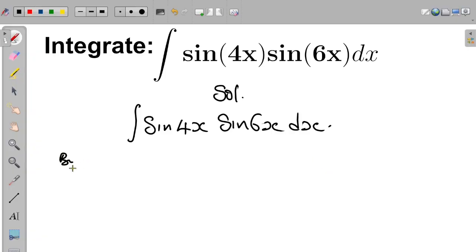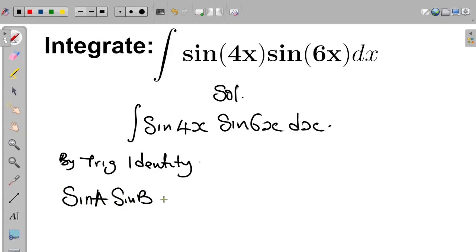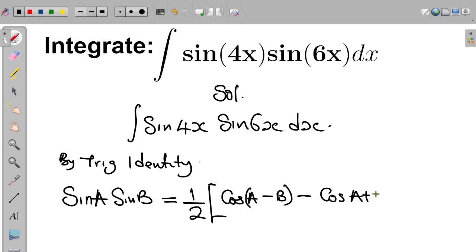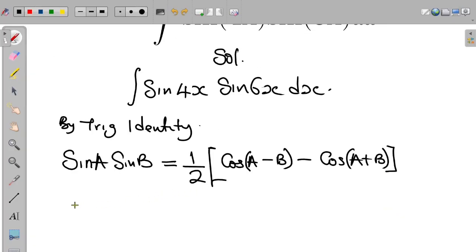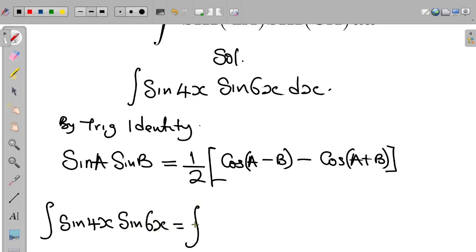But by trig identity, we have it that sine A multiplied by sine B is equal to 1 divided by 2, all enclosed in a bracket, cos A minus B minus cos A plus B. So everything enclosed in a bracket. So by this identity, we have that sine of 4x multiplied by sine 6x will now be equal to integral